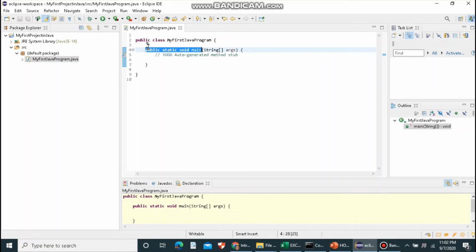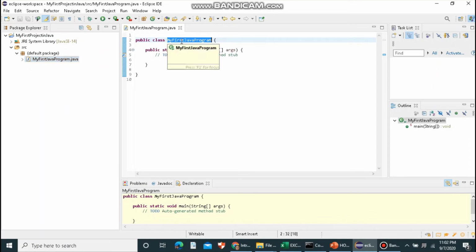And looking at the upper part, the public class is my first Java program that we named as our first program. Okay, and we can now remove this one